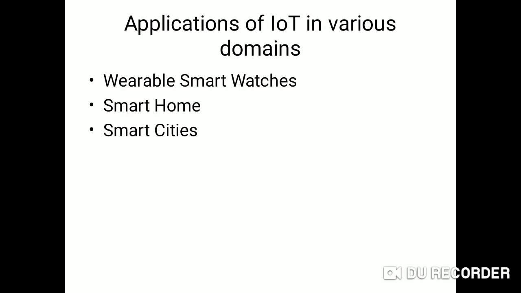Next point is applications of IoT in various domains. So basically, I have broadly defined three areas. One is wearable smartwatches, then we have smart home and smart cities. So in wearable smartwatches, you may find nowadays Samsung Galaxy Gear Watch, then we have Apple Watch, then Microsoft Wristband 2. So they come with different functionalities such as measuring the BP, then heart rate, then they come with